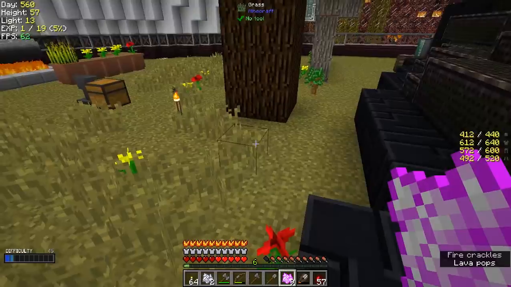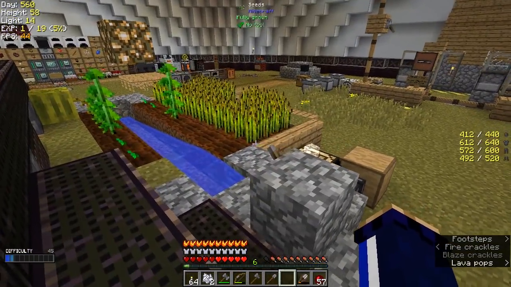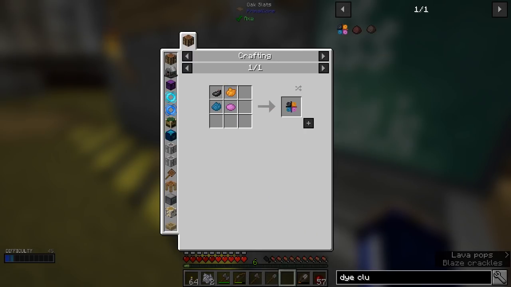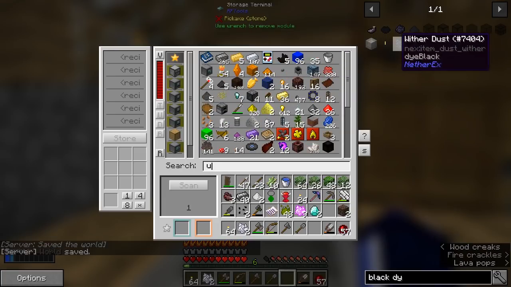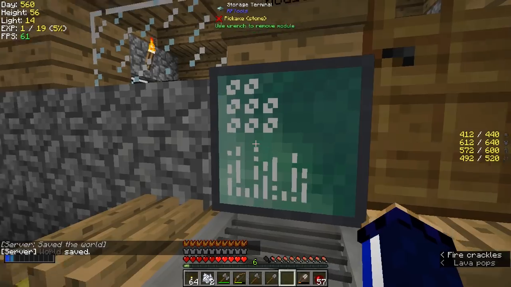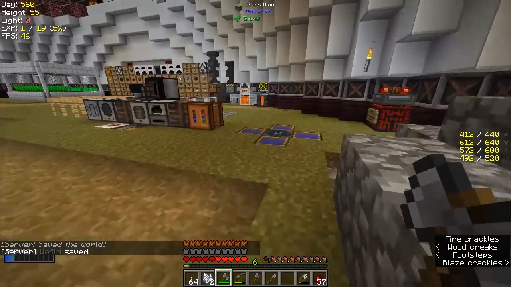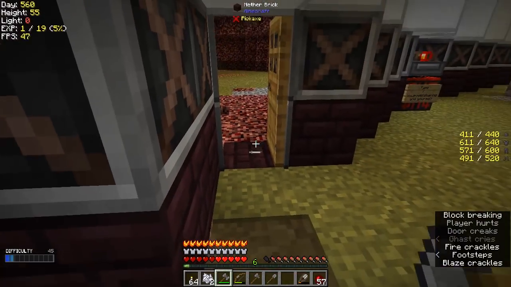This is going to be tricky, you guys. Aside from the obsidian requirements, what do we do about getting black dye in the nether? And we're not going to be able to make dye clusters because they need ink sacs to begin with. Am I going to have to go down the primal core rabbit hole again to get this calcified paraffin clump? Or wither dust? I guess we could get wither dust, but I assume that... Okay, that needs wither bones, which means we're going to go and fight some withers. That seems like the most straightforward way of doing this, except, of course...